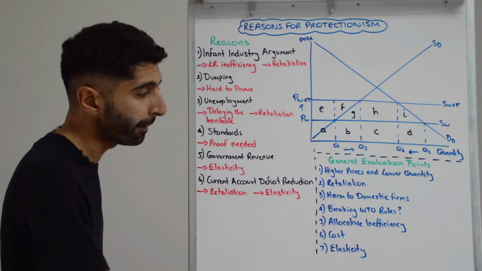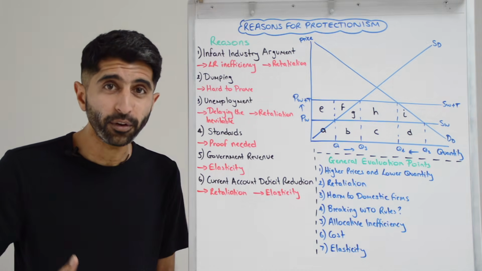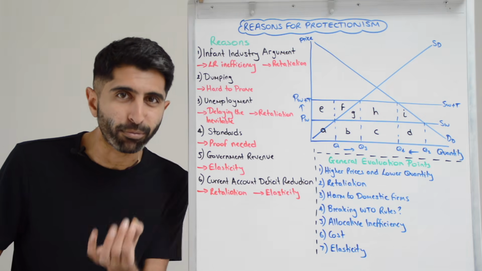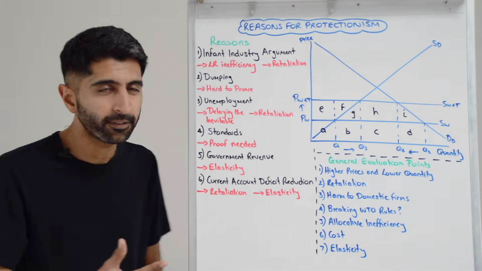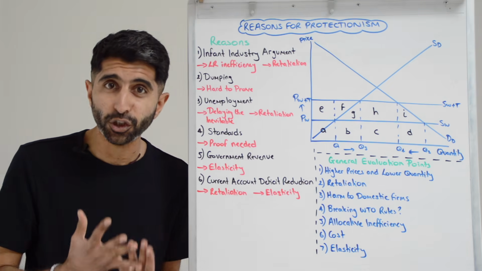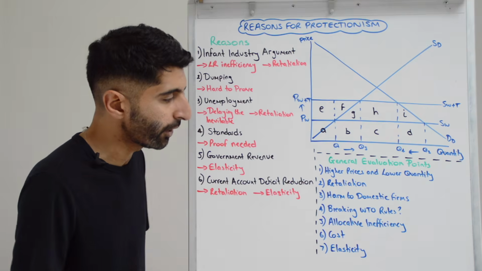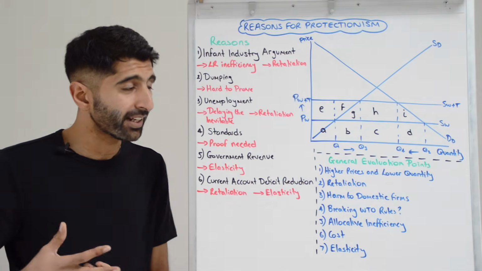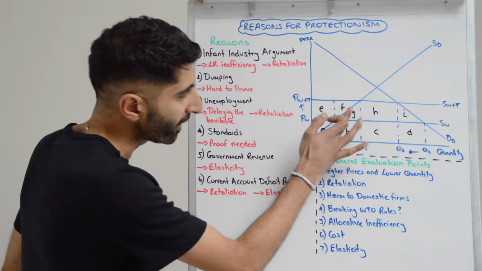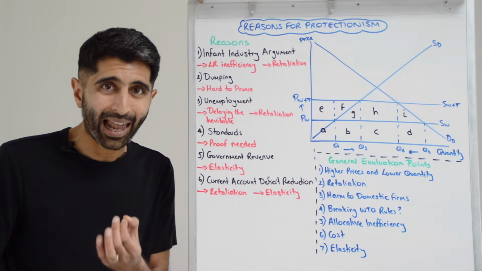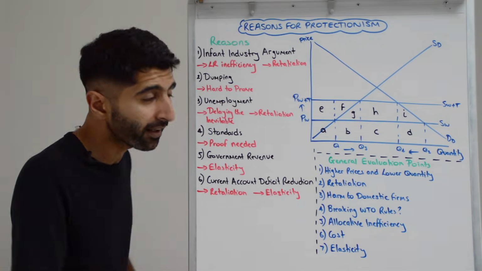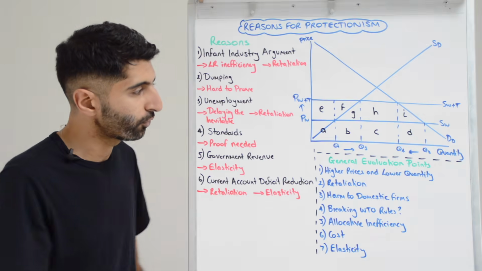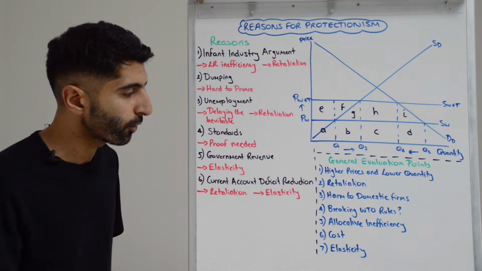Great evaluation there. Could certain protectionist policies and the way they've been put in place be breaking WTO rules as we've considered? Could then countries be sanctioned as a result of that? Nice evaluation. We know the allocative inefficiency of policies like a tariff and also a quota. Area G on this diagram is the allocative inefficiency. That will take you back to comparative advantage distortion and then higher prices and lower quantities.